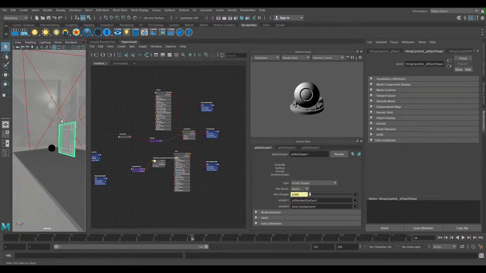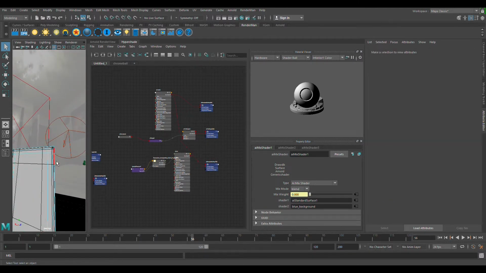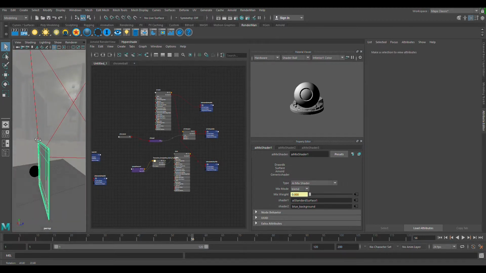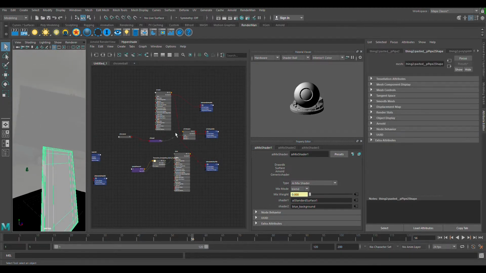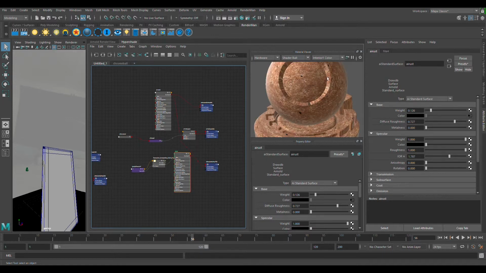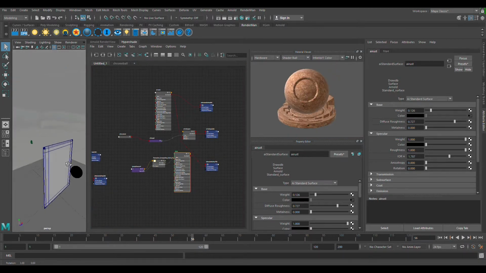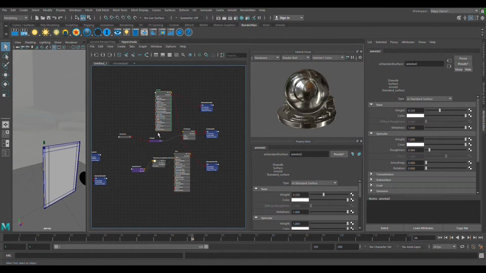Well, I tried a few different ones, and I made a new network. So if we go over here, here is that network for the rust. I selected the edges of the model at the back. If we go into perspective, I just went to the back of the model and selected the faces around the edges, and then I applied the metal to that and the rust to that,